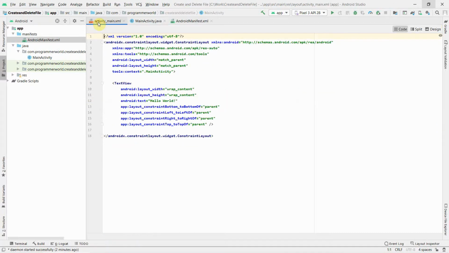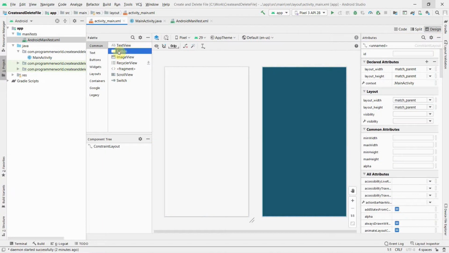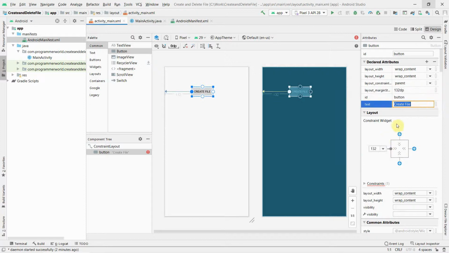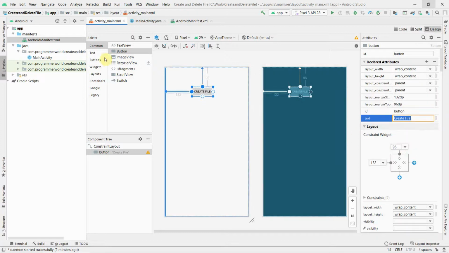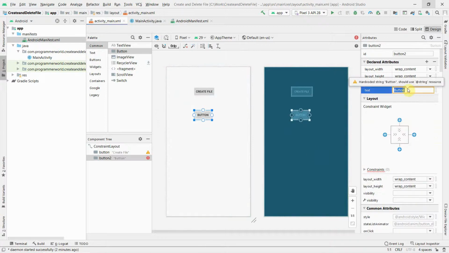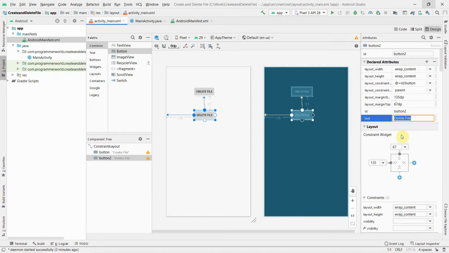But before that, in my layout I will quickly create the two buttons which will create and delete the files. So the first button will be, say for example, create file, and I'll just put constraints. Similarly, I'll put another button. So I'm trying to show you a trigger using a button, but of course in your main app, the trigger could be any kind of event which you want to capture, and accordingly you want to delete the files or create the files.